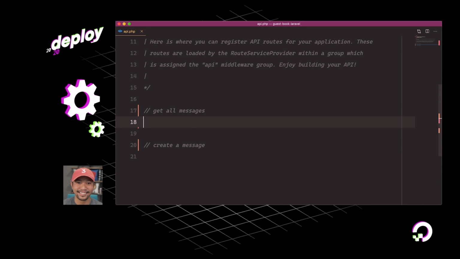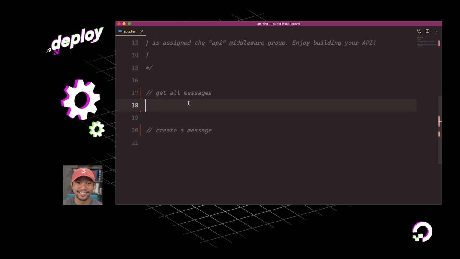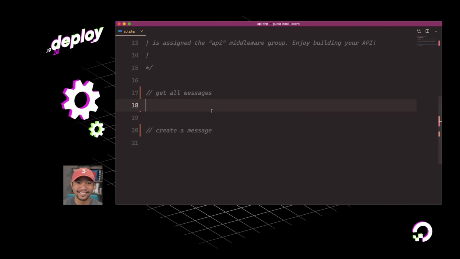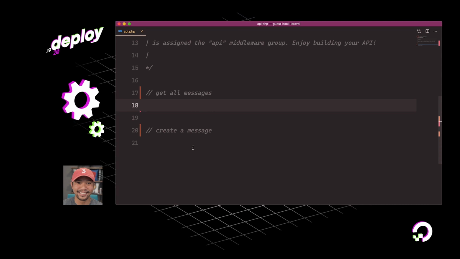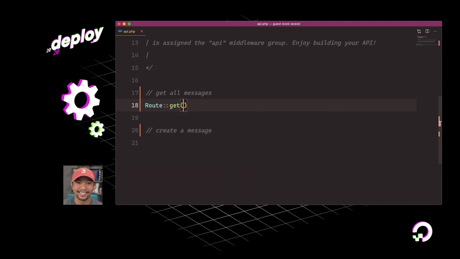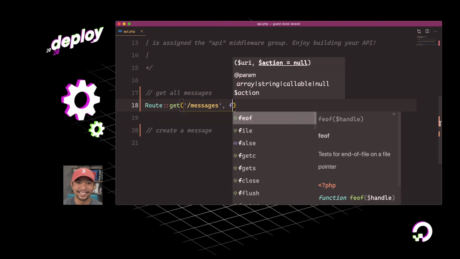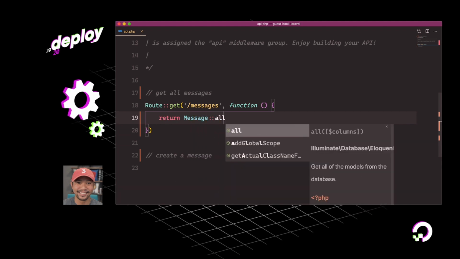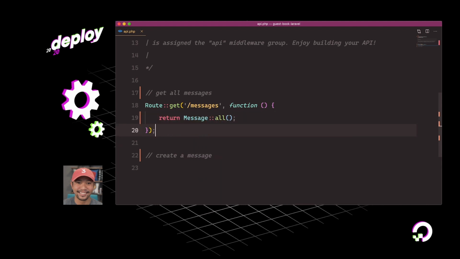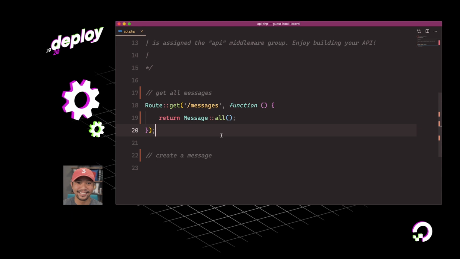So in Laravel, it's really cool to build an API because it comes with an Eloquent ORM, which is its object relational mapper. So basically what I'm trying to say is route get messages function return message all. So that's how we can return all messages right here.